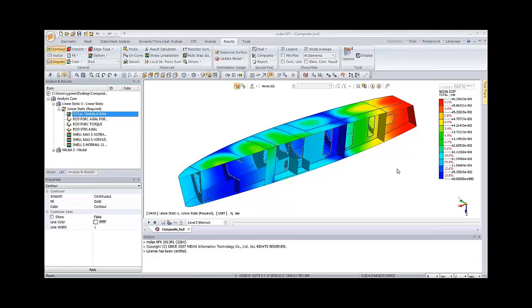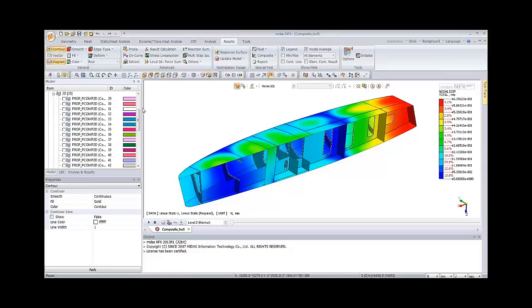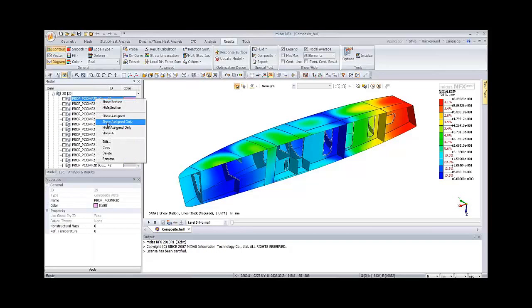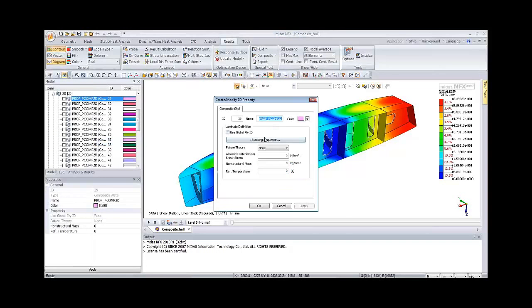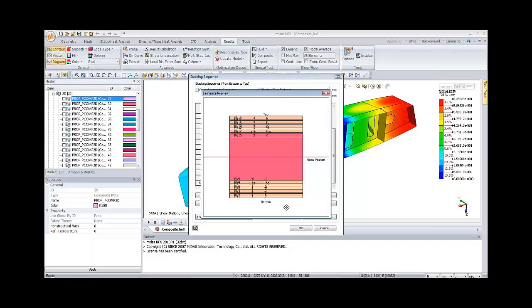So there's 1D material, and also these are all the composite materials which have been used. I will show you only one. So this is the stacking sequence that has been used for this composite. And if I see the laminate preview, it gives something like that. And laminate properties, okay.